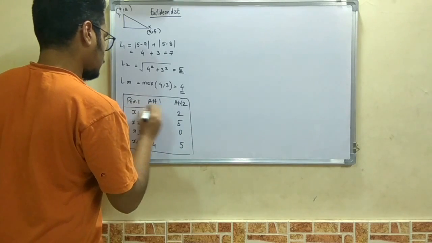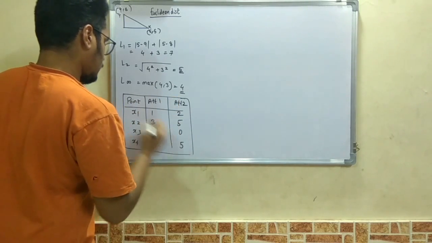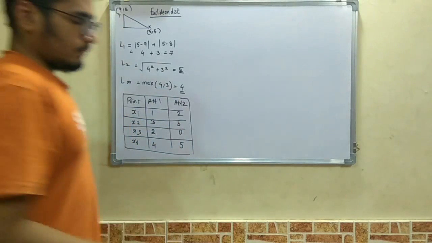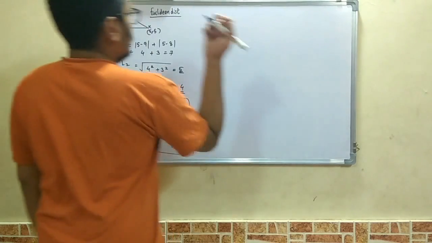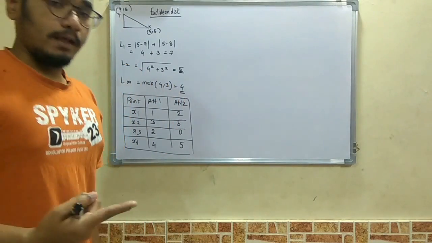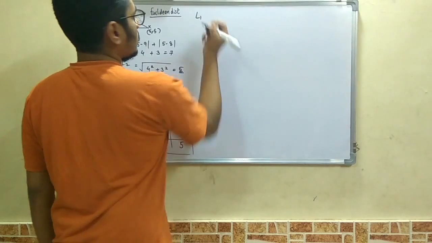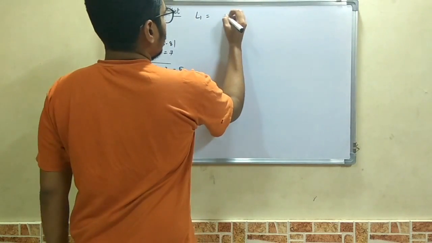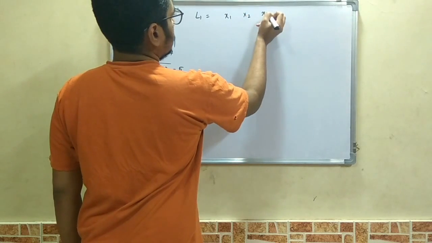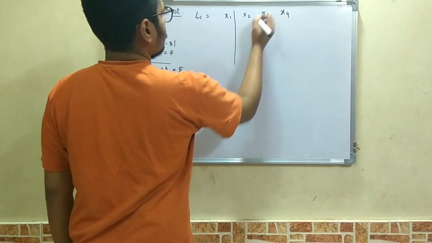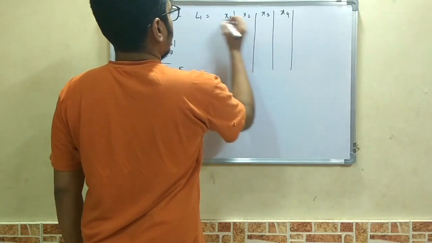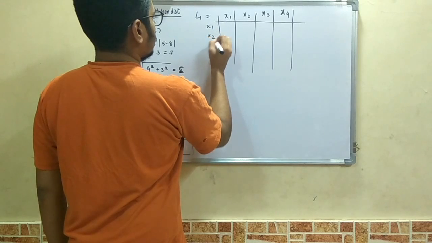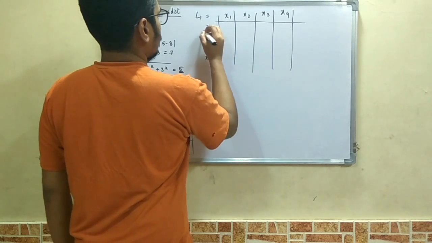So we'll construct a similar table based upon the x1, x2, x3 and x4 values. We'll solve this also by two different norms, that is the L1 norm as well as the L2 norm. First, for the L1 norm, we have to construct one table, with x1, x2, x3 and x4 along the rows, and similarly x1, x2, x3 and x4 along the columns.